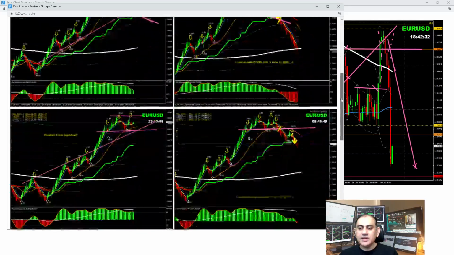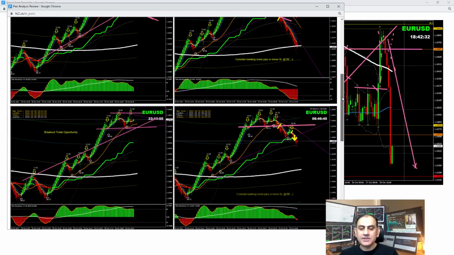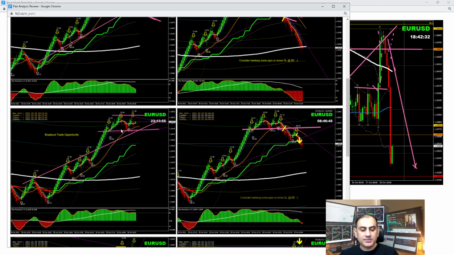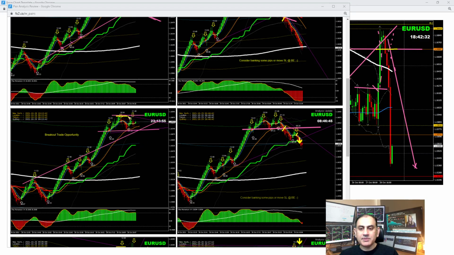Okay, so yesterday we had a long trade here, and afterwards at the Asian session, I explained to my traders, look for this breakout because the price was at this level. As explained, price developed a double top here. As you can see, price even developed a triple top here. Beautiful breakout, and as soon as the price hit the first target level, that's what I explained to my traders, it's time to bank some profit.